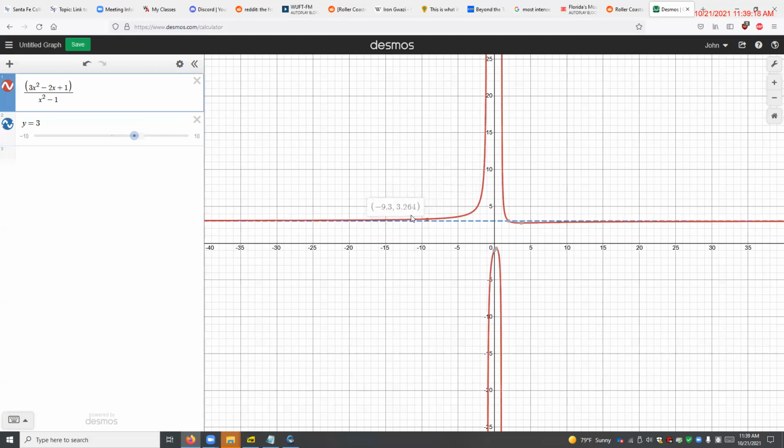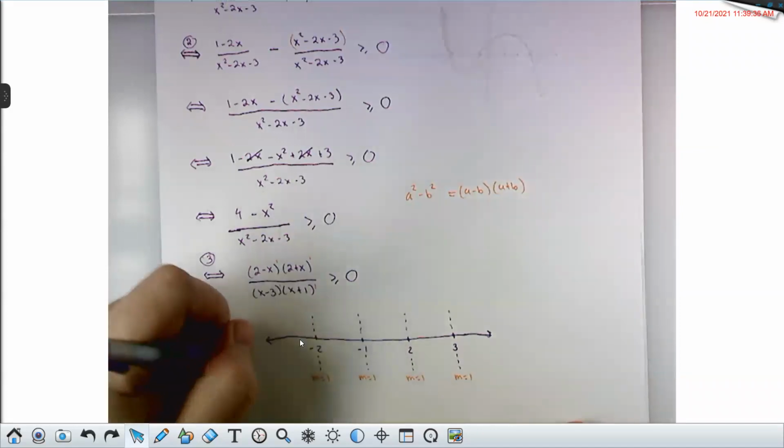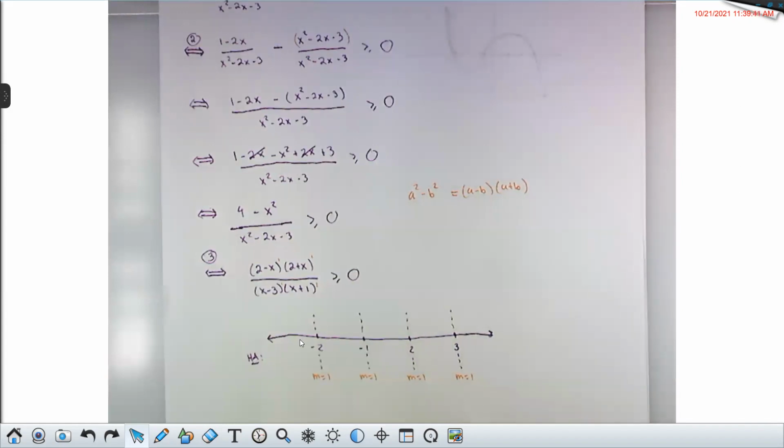So if I want to know what does this function look like as x goes very, very far to the left, these don't usually go up or down, right? If there's a horizontal asymptote, then it's getting close to that. So the end behavior thing that we're going to use down here to figure out the sign here is the horizontal asymptote. So for this rational function, and I think, again, it's easiest to see from here, what is the horizontal asymptote? 0. Well, what's the degree of the top?